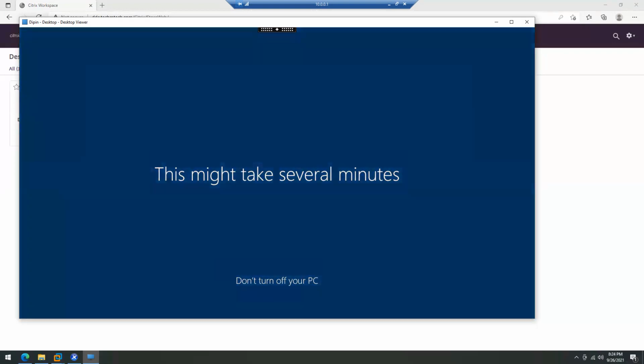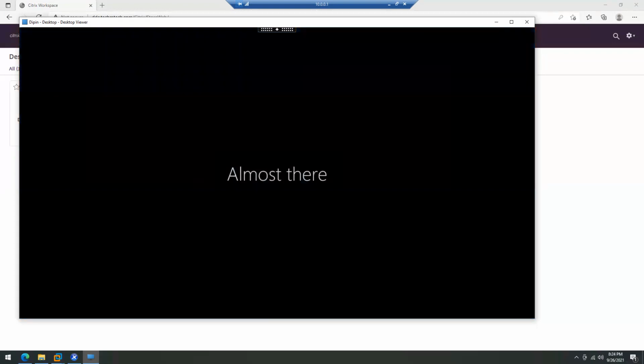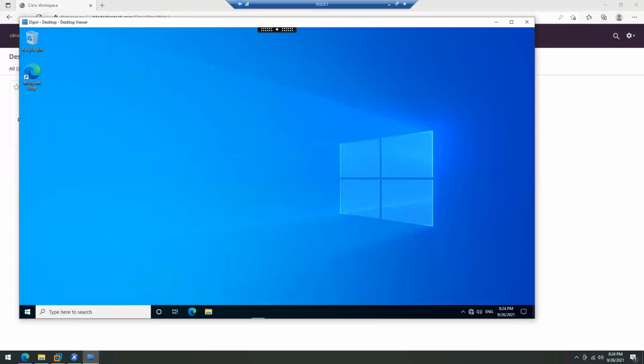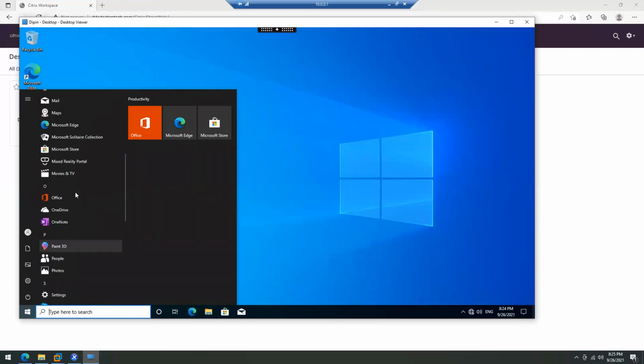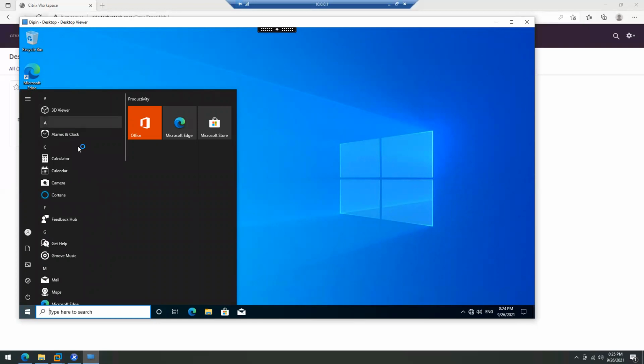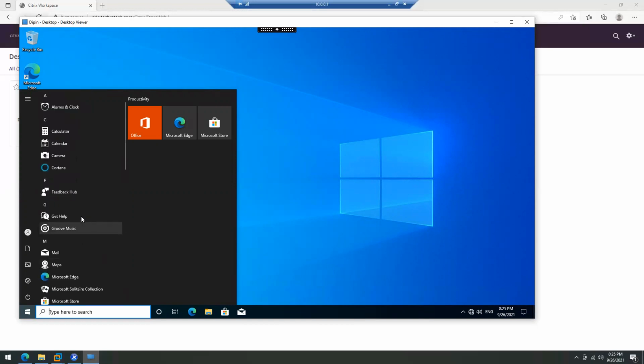Some special cases are there in which we have to create a machine catalog for an individual, but it's a rare thing. Now your desktop is launched. Whatever applications we have configured in the master image should all be there. So far, we just installed the virtual delivery agent, so only default applications are there.